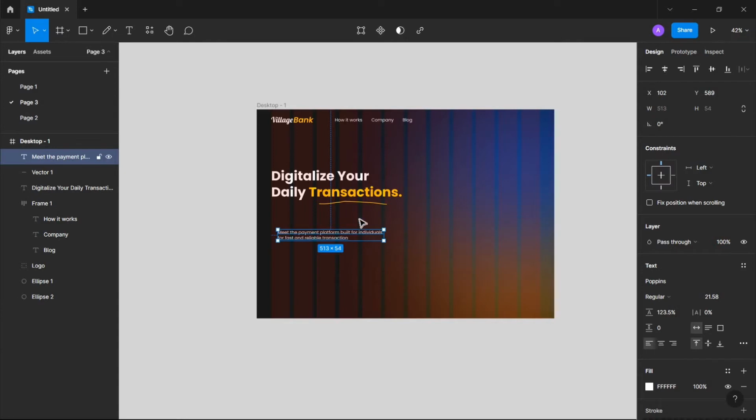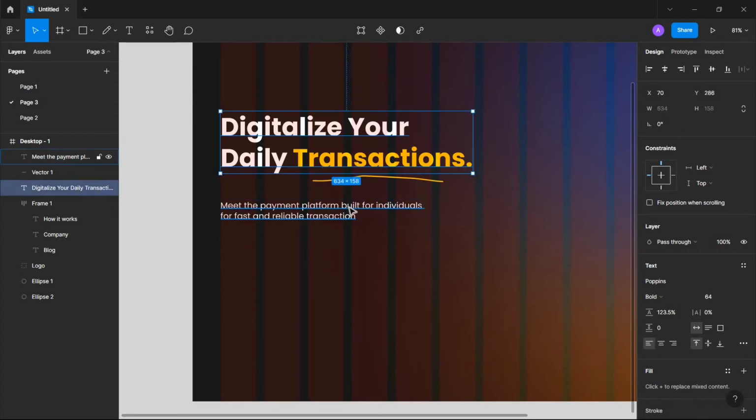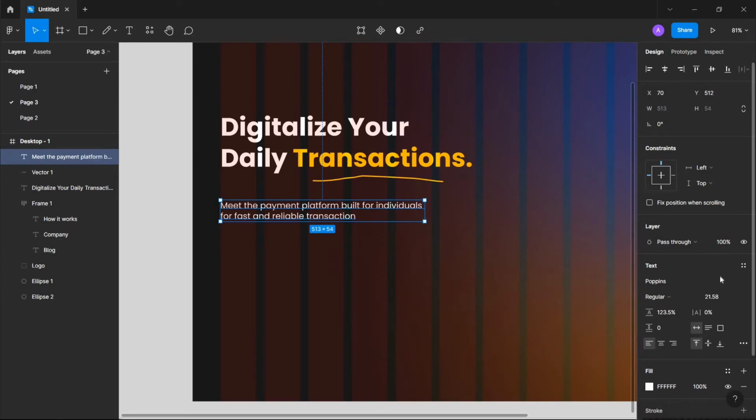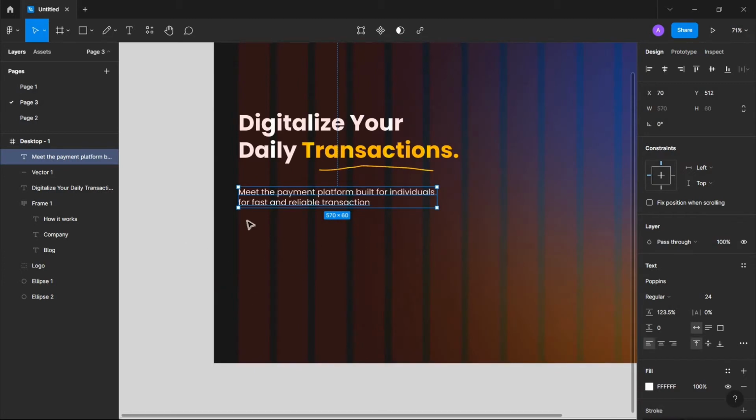So this is the, what is it called, the description. Yeah, this is the description. So the next thing, I'm just going to increase it a little bit to something around 24. Yeah, and that's cool. So the next thing is the